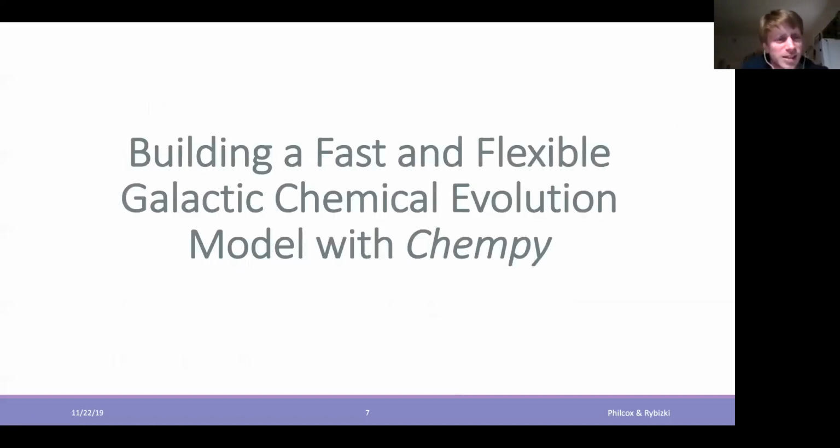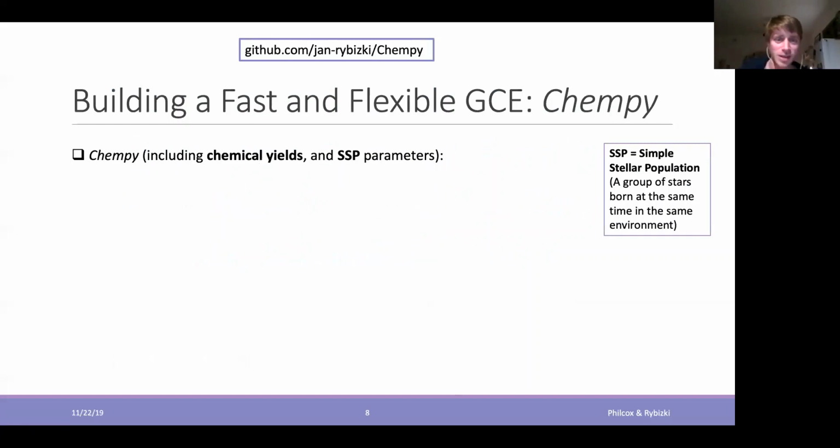Okay, next slide. So, the fast and flexible galactic chemical evolution model, Chempy. So what does Chempy do? It takes nucleosynthetic yield tables, for example, from core collapse supernovae, from supernova type 1a, and from AGB stars, and some SSP parameters.